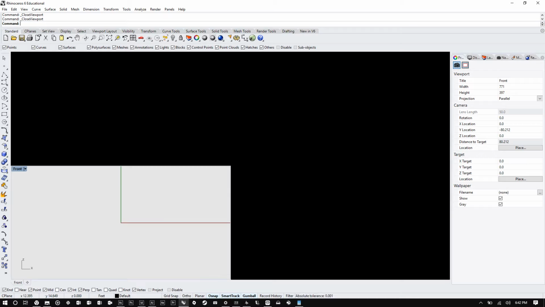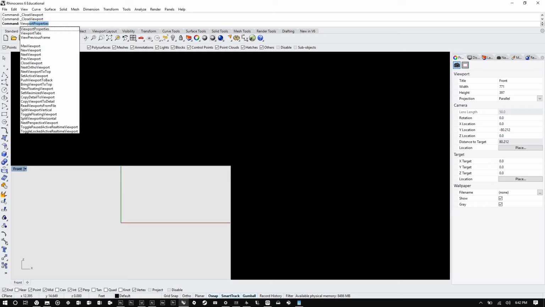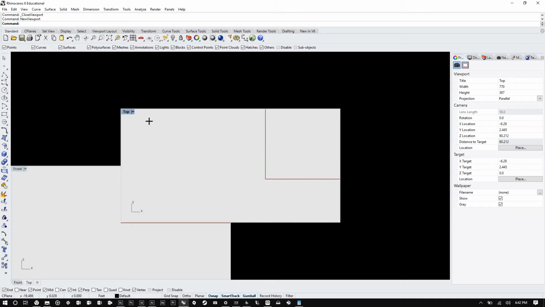And it's getting rid of my viewports, so we're not going to do that. I'm going to type in create viewport properties, new viewport. That's the command. There it is. I'm going to bring it back